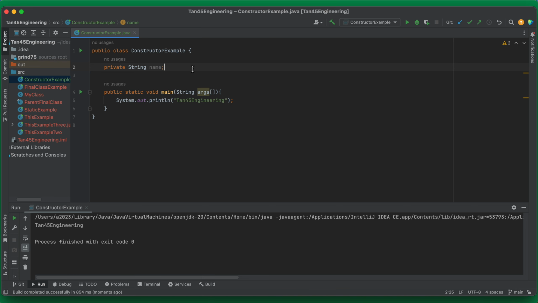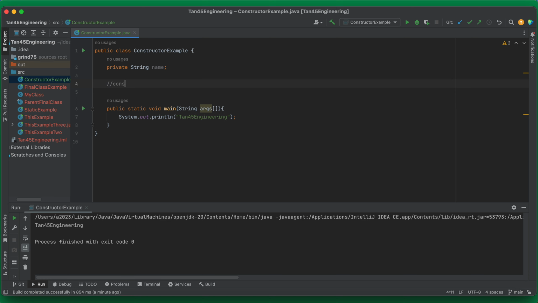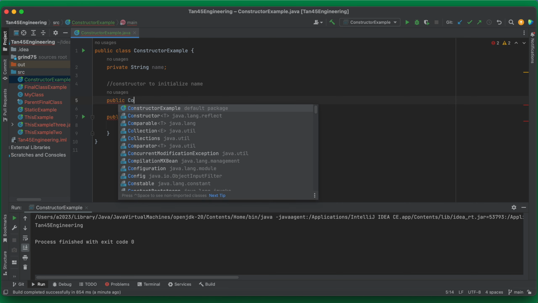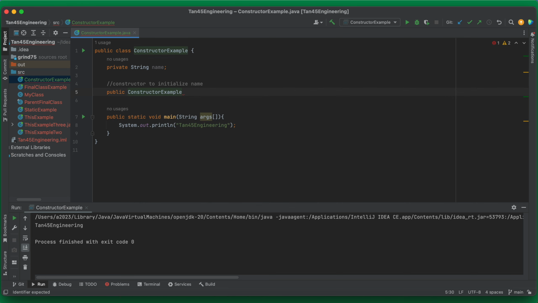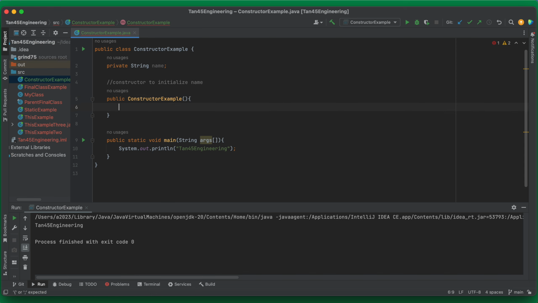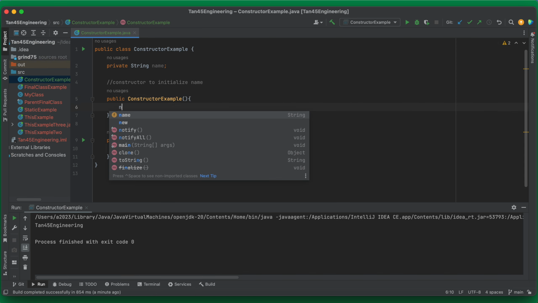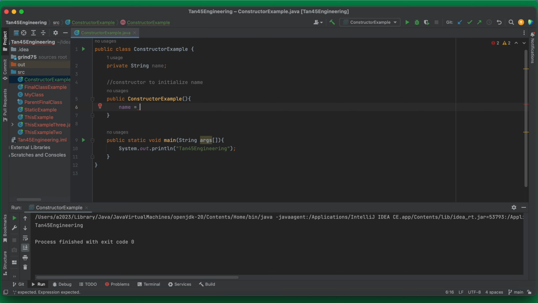We'll say constructor to initialize name. So we can say public, and then the constructor is a method that is supposed to have the same name as the class name. So same ConstructorExample, and we can say name is equal to, let's initialize it with something,